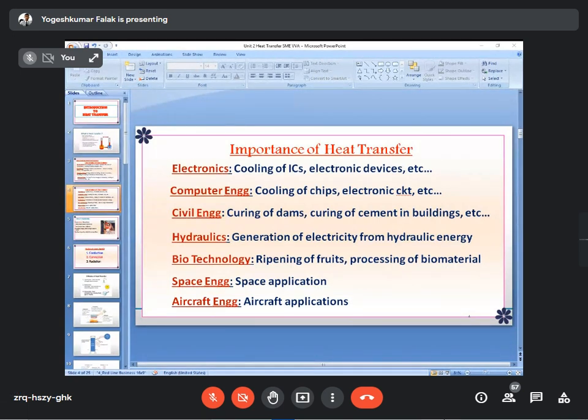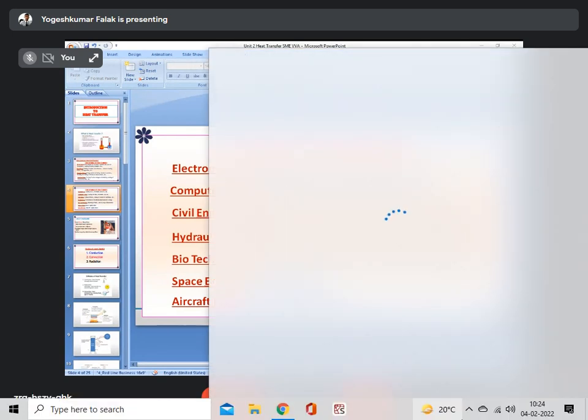Hydraulics, the generation of electricity from hydraulic energy, have some different perspective in the case of heat transfer. In biotechnology, ripening of fruits or processing biomaterial requires some heat transfer modes, and also in space applications. So when one of the satellites is moved from Earth orbit to space orbit,